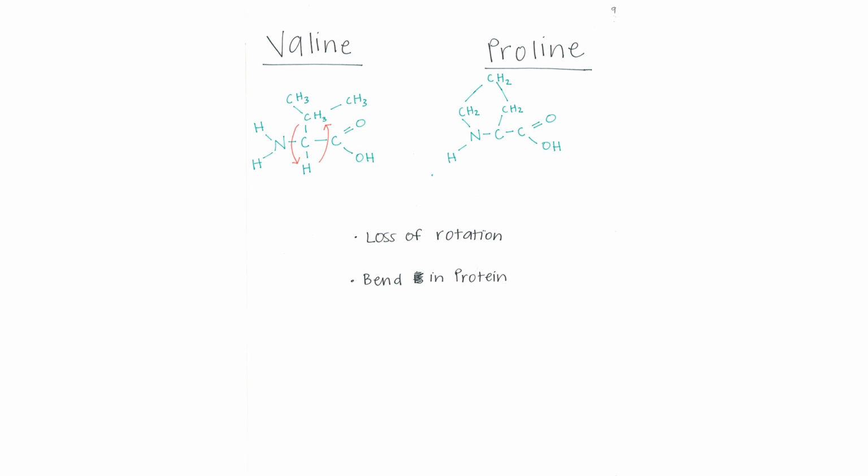The R group cannot rotate, and it forces a bend in the protein. So proteins have lots of little sharp bends in them. In addition to all the other interactions, the positions of proteins are extremely important. So the bottom line here is that